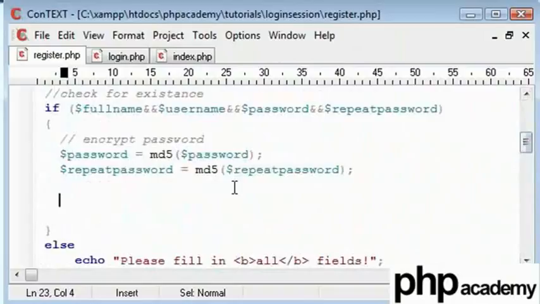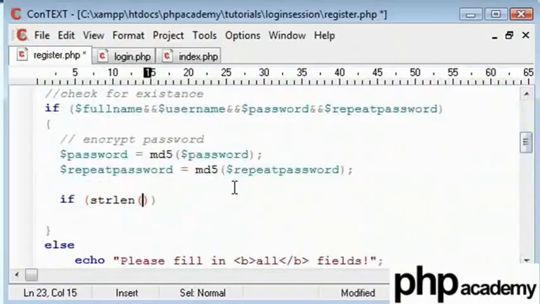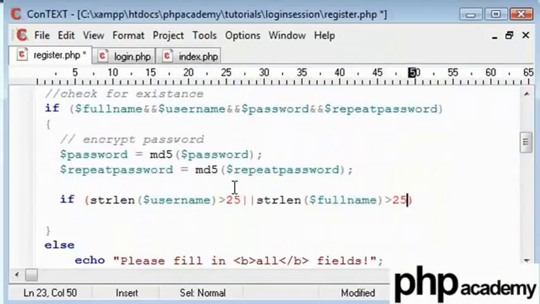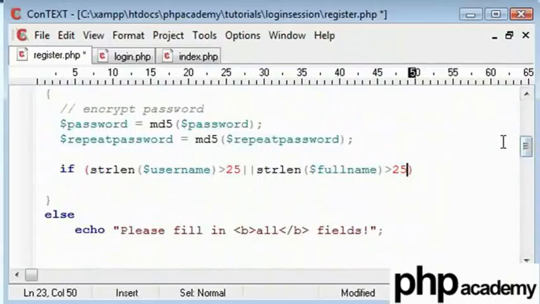So I will say if the string length of username is bigger or greater than 25 or string length of the full name is greater than 25, let us look at these individually and say if the length of your username or full name is too long.